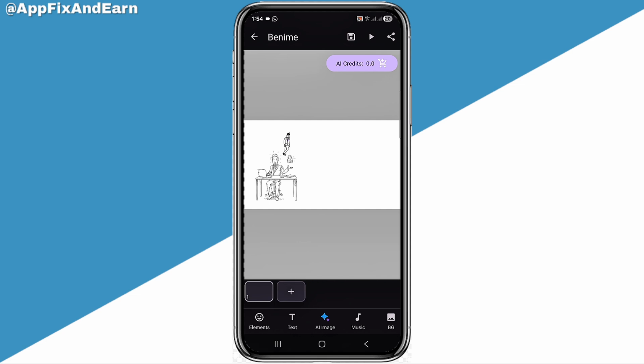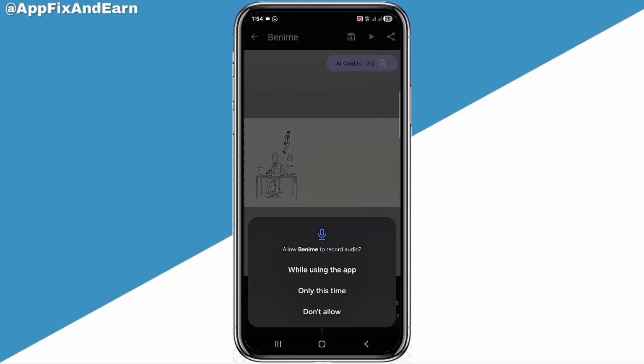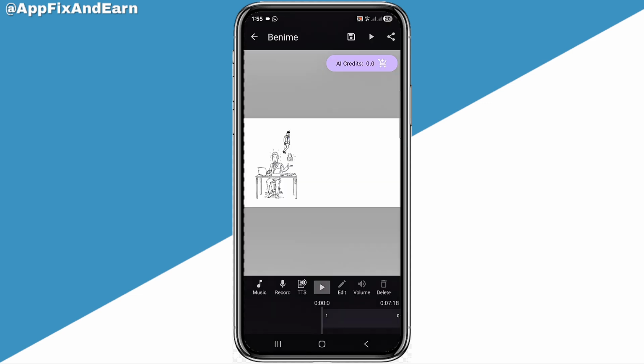In order for you to add a sound to your whiteboard, let's say you want to add music or a voice that you've recorded, you need to click on the music icon at the bottom of the screen like this. When you click on that, click on allow while using this app. Right here you can see the play button. You can click on that and you'll be able to record your own voice,